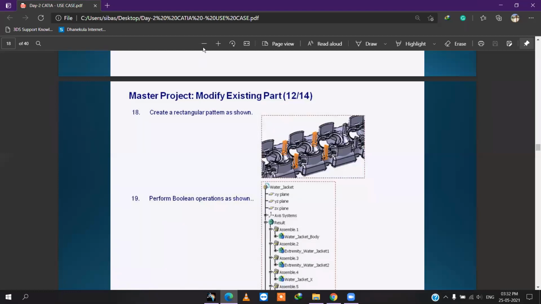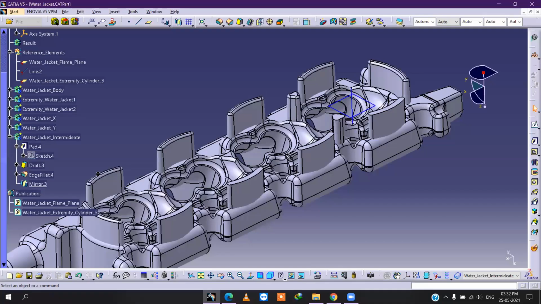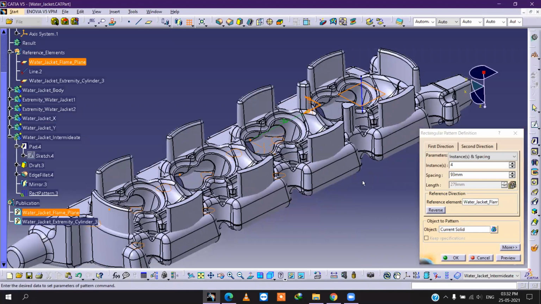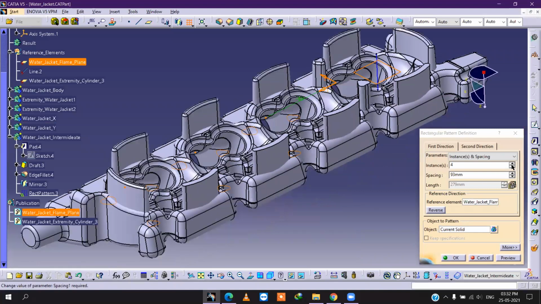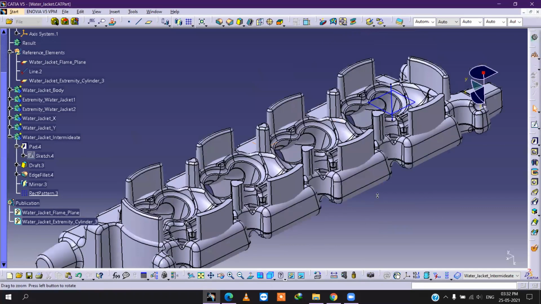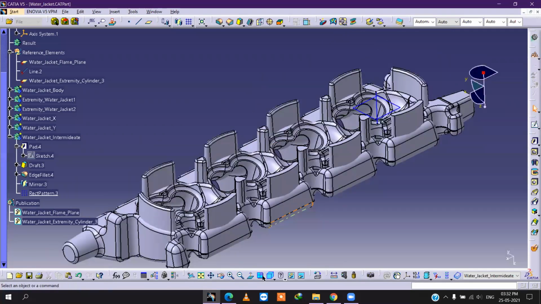We have to create a rectangular pattern. Okay, it is already selected for reference element. It will be the same. Preview. Okay, it has created the rectangular pattern.